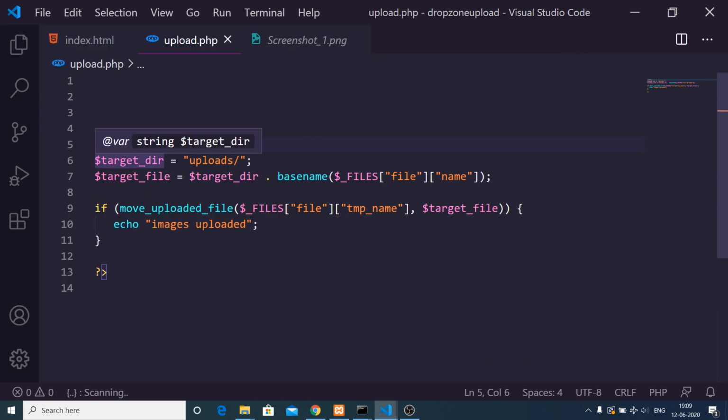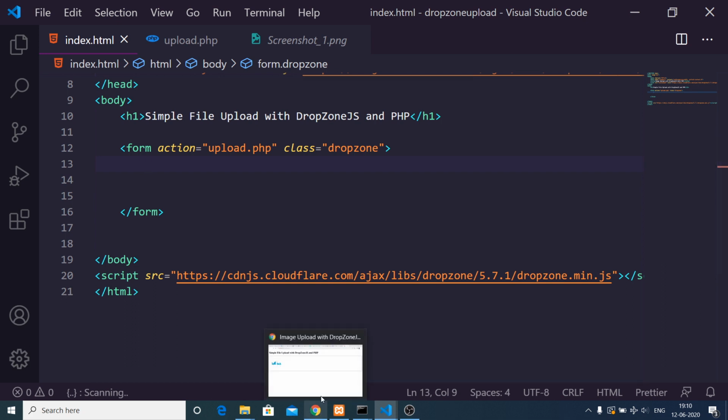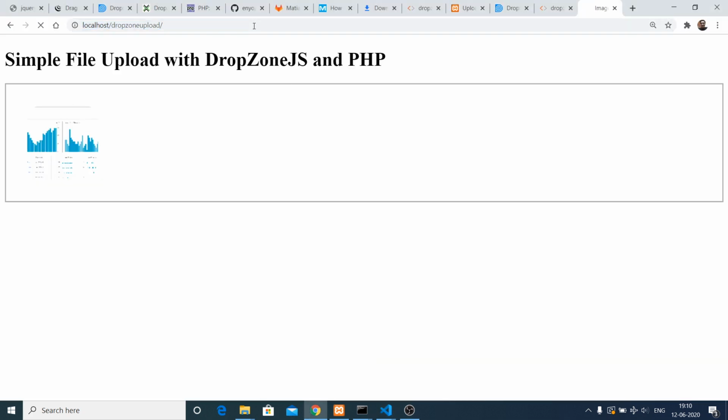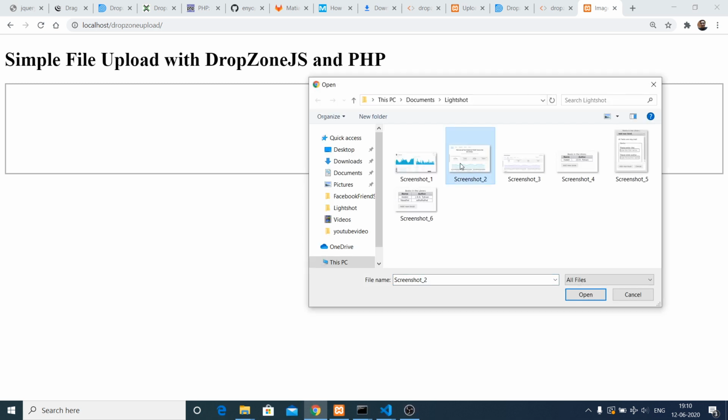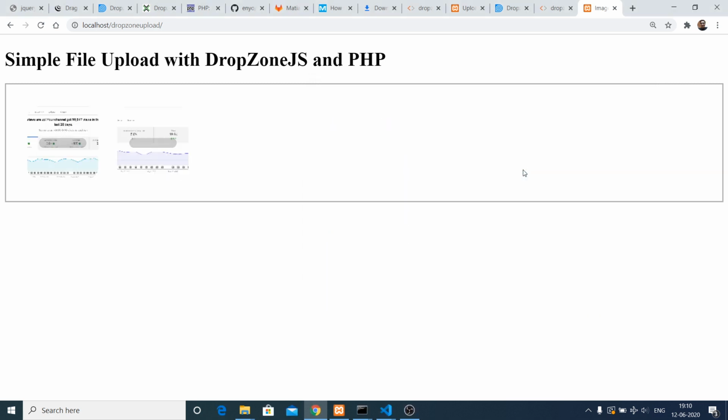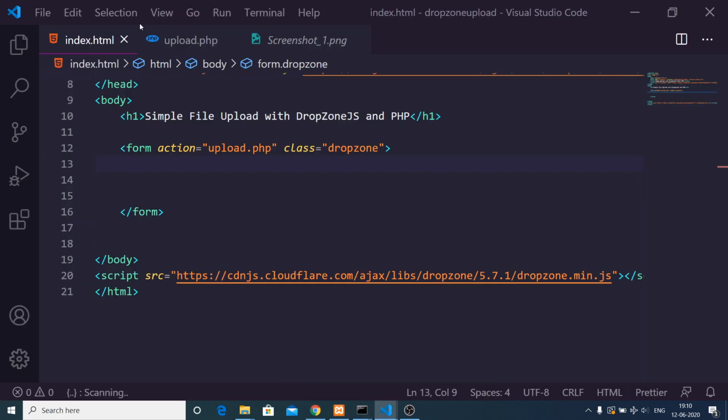So first of all, you define your target directory, upload slash, and then you define your target path. So we have defined this. So just pause the video and write the script. So here, as you can see, I cannot select multiple files. So if I want to select multiple files, if I upload these, let me just see if these multiple files are uploaded.